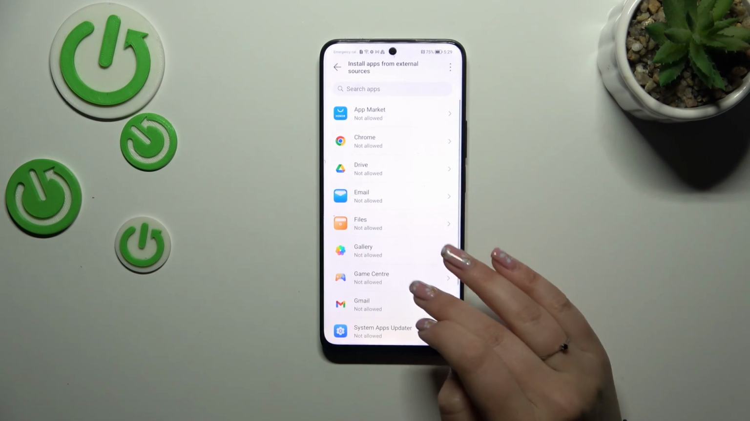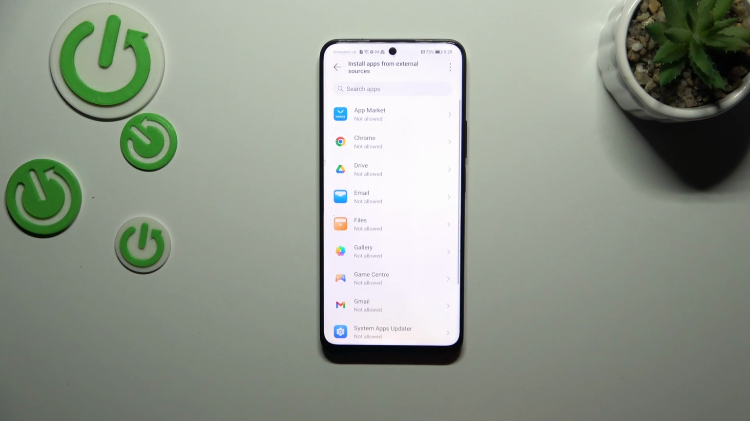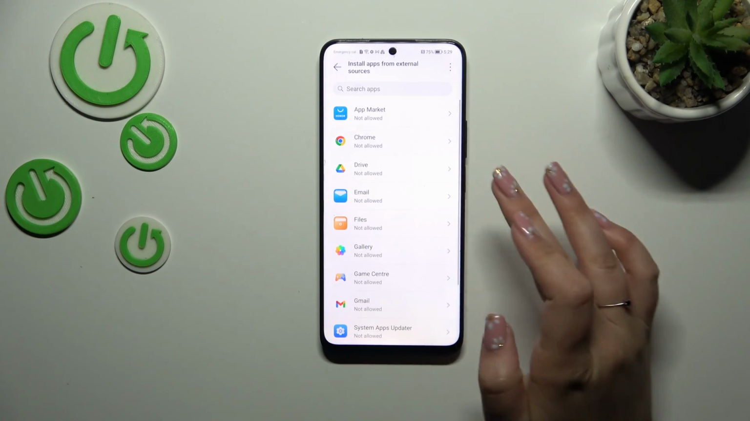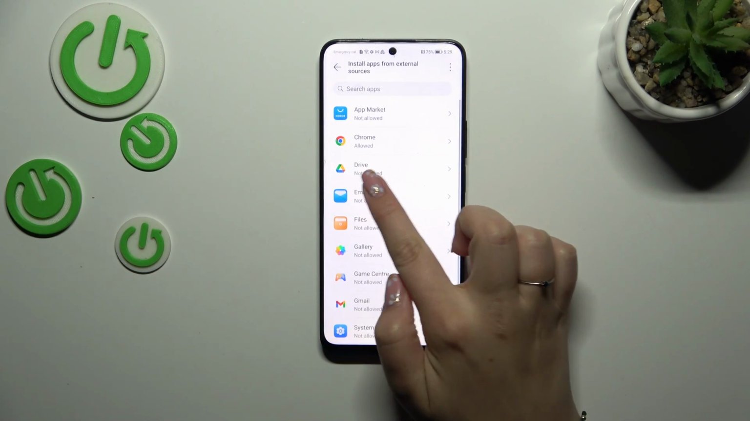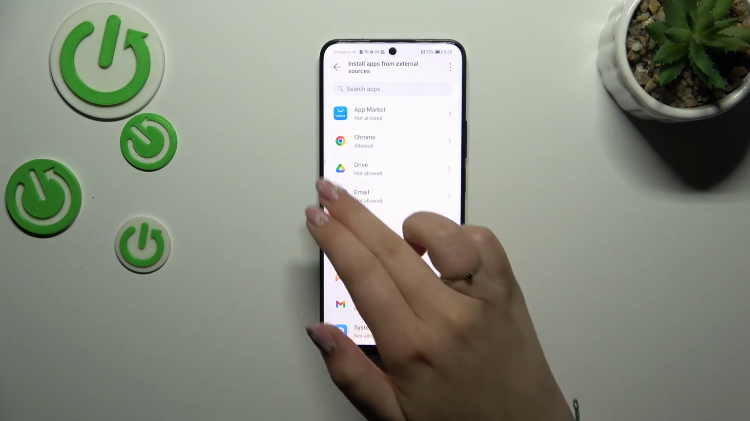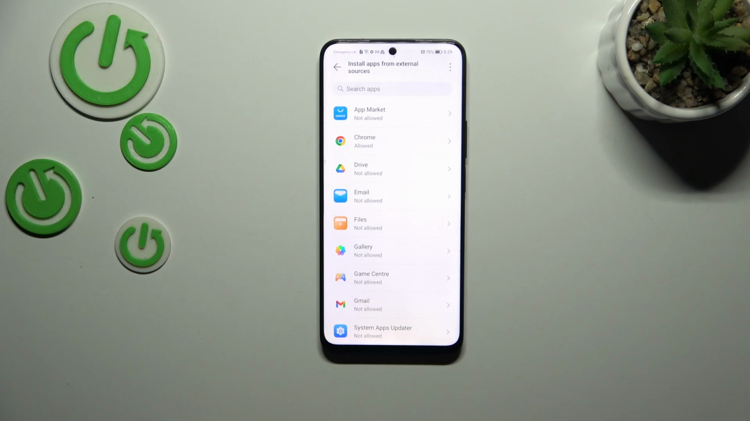So let's tap on it, and here we've got the list of apps which are allowed or not allowed to install some content, and of course we can change it. Just tap on the app and tap on the switcher. From now on, since this option is active, the Chrome actually, not your device, is allowed to